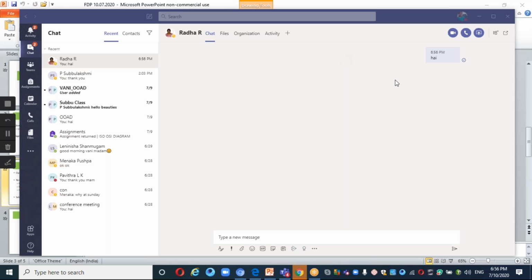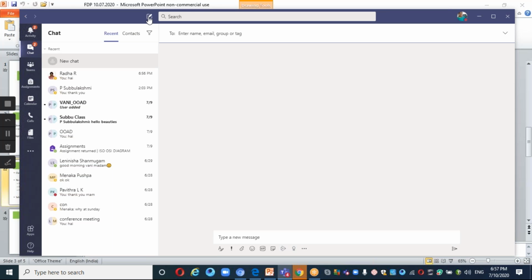If I want to send a single message to a group of people, how can I do that? So now I've told you, I think kindly mute. Here, I can go to chat. If I want to chat for a group of people, go to the chat symbol once again. At the right top, you can find an arrow mark symbol here now, right?